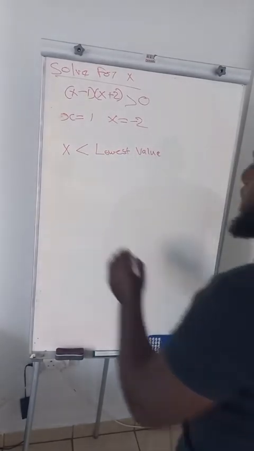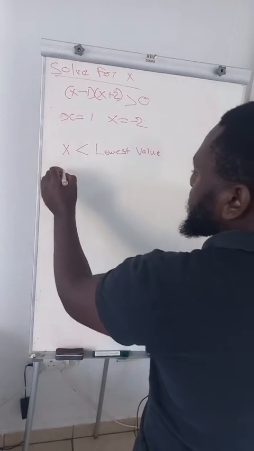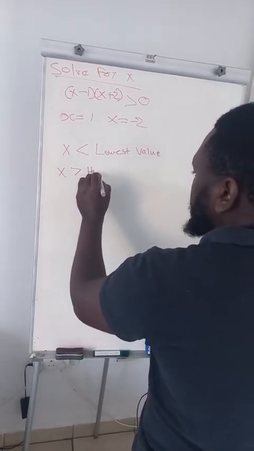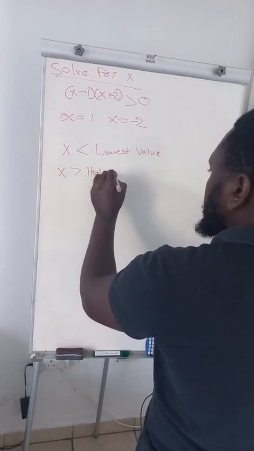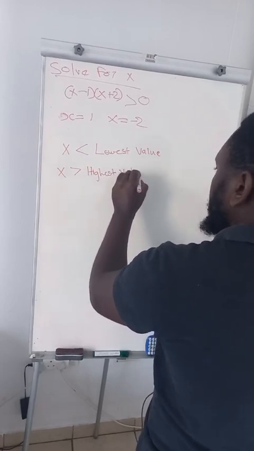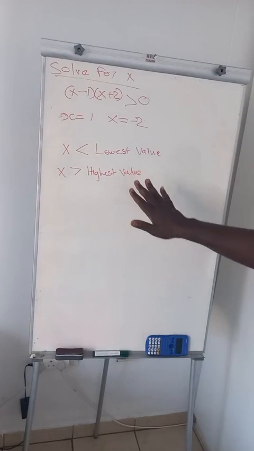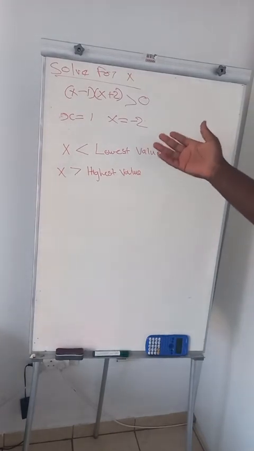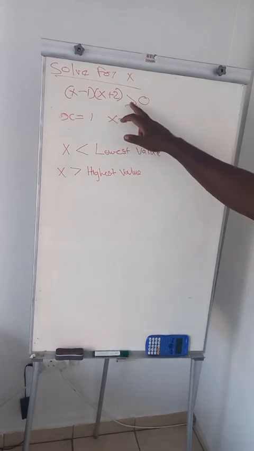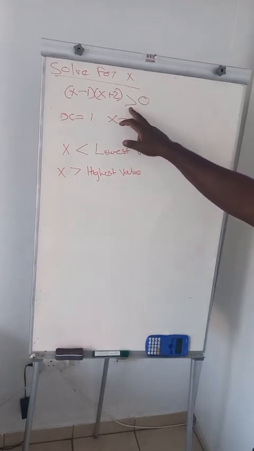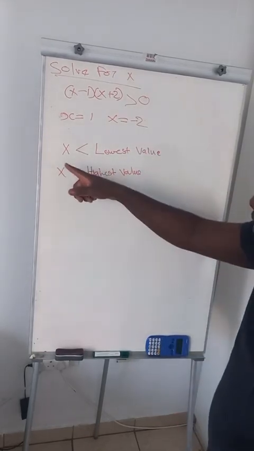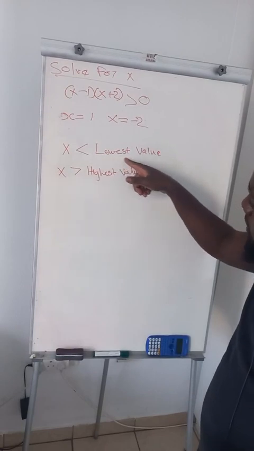And then the next one, it will be x greater than your highest value. So this is what you will come across when you're doing inequality. So if it says greater than, your final answer needs to say x is less than the lowest value,